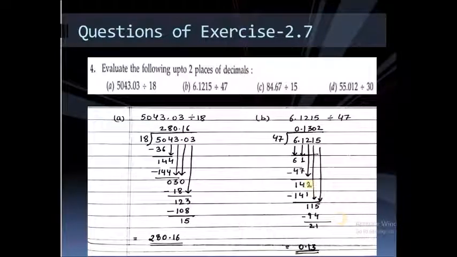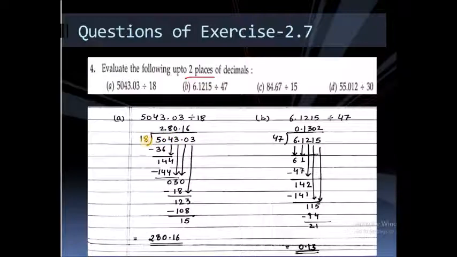Okay. Question number 4. Here you can see, evaluate the following up to 2 decimal places. That means you only have to find the answer up to 2 decimal places. So there may be the possibility that my number is not completely divisible by the divisor. So you have to find answers only up to 2 decimal places. Okay. So first is